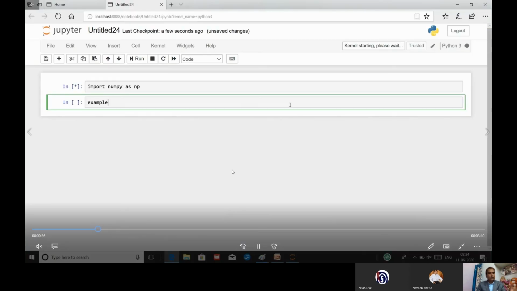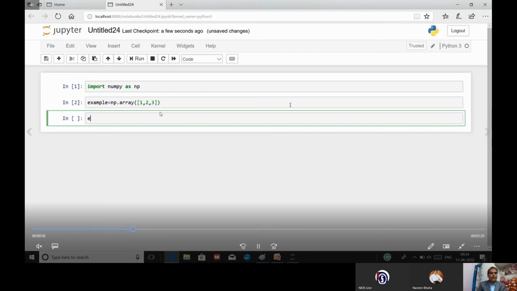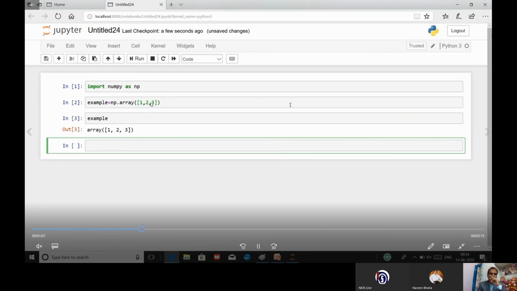This is the example I have written: import numpy as np. This is my example. np.array. Please try to understand. I am going to use np here, which I have declared as a variable name. Are you able to see this one? Now we have opened a bracket and we have created a 1D array. This is an example of a single dimension array because it is having only 1 row and 3 columns. The moment you put the variable name, you will get the array.